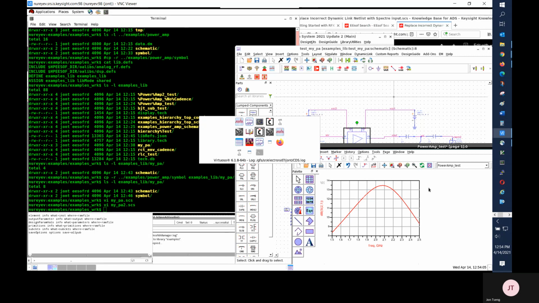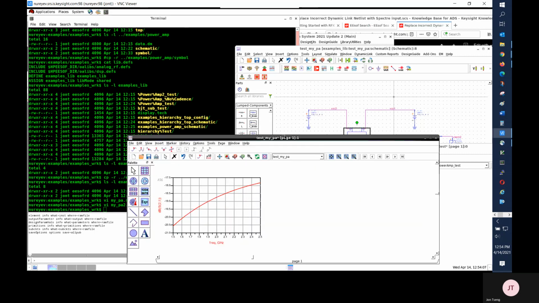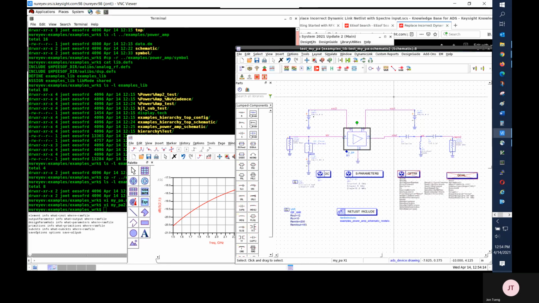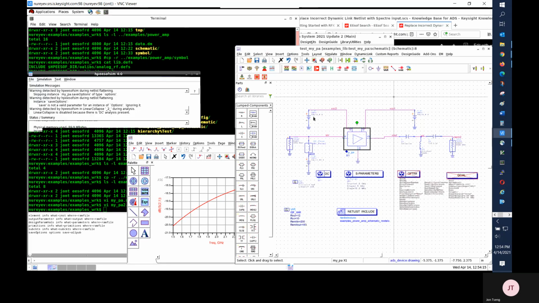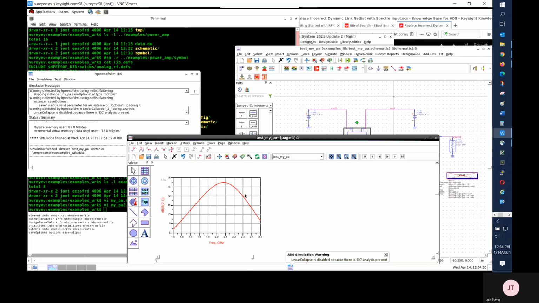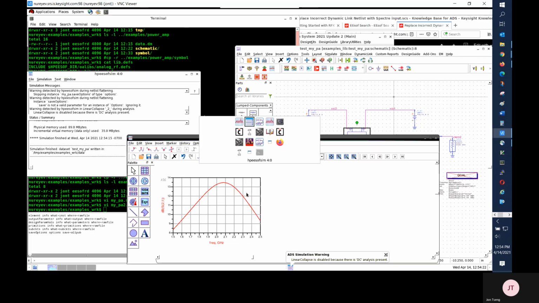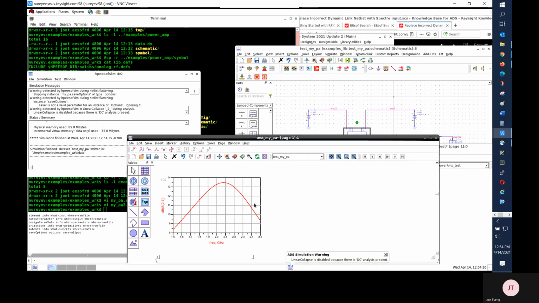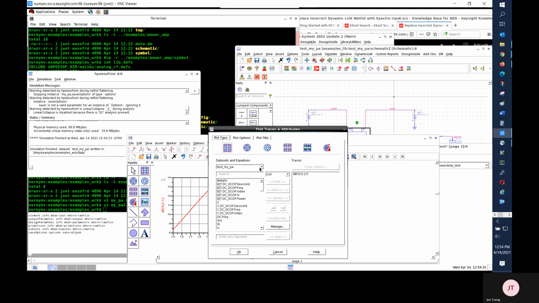This is the original correct result. Here I'm showing the previous wrong result. After running the simulation with the new my pa2.scs, the result is now correct. You can compare results from different data sets by clicking on a plot.